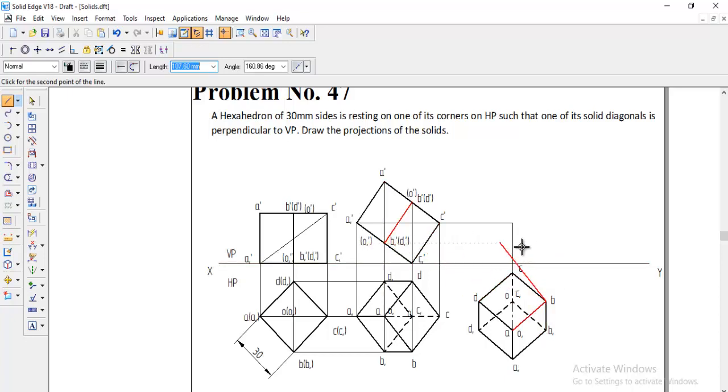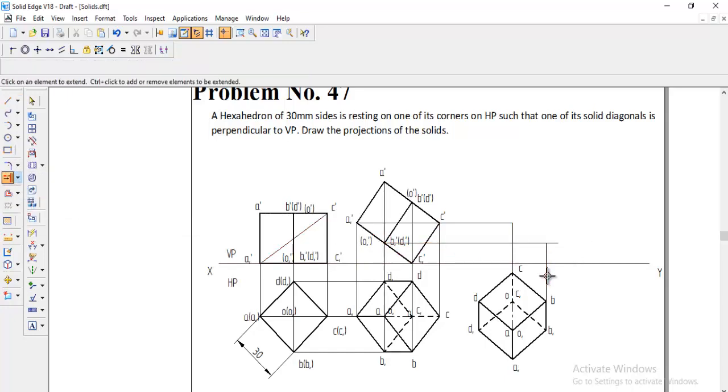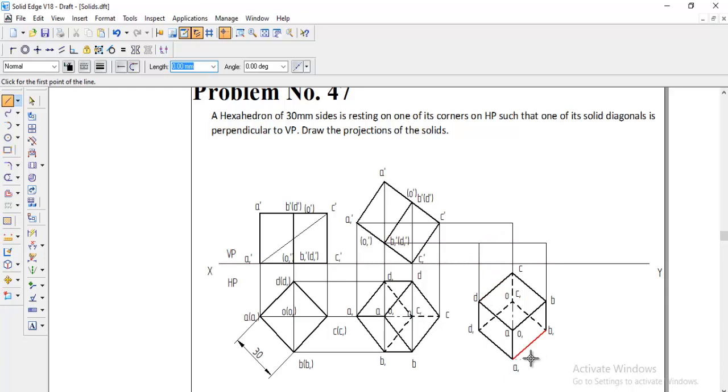B1 we are getting at the bottom here. This is the B1 point we are getting. So we can draw up to here. In that case we can use the extend option, and then the extra lines we can trim. And next B1 is finished, then D1, that is also in the same line, you can drop to here D1, and then C1 is also in the same line, it is extending, and that is itself on the XY line. C1 is on the XY line, no need to draw again.